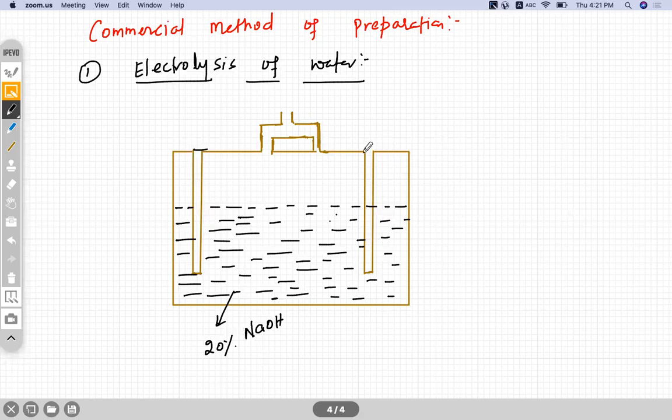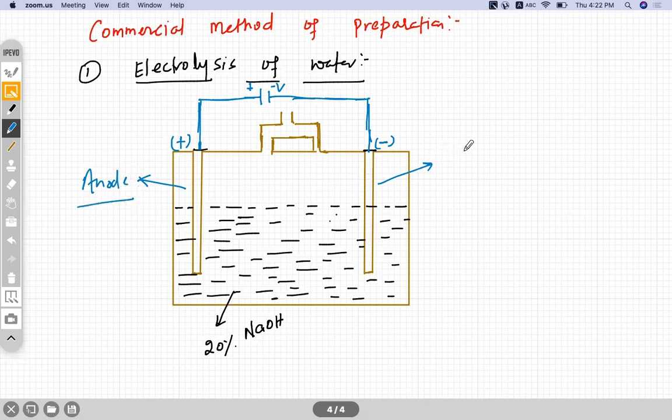Now through these electrodes, we allow current to pass through. So we add an external source of current, that is a battery of certain volts, to these electrodes. The moment you connect it, current passes through. This is the positive end of the battery. This is the negative end of the battery. This rod also becomes negative because it is connected to the negative end. This rod becomes positive because it is connected to the positive end. The positive rod in electrolysis, we call it as what? Anode or cathode? Positive rod is anode.